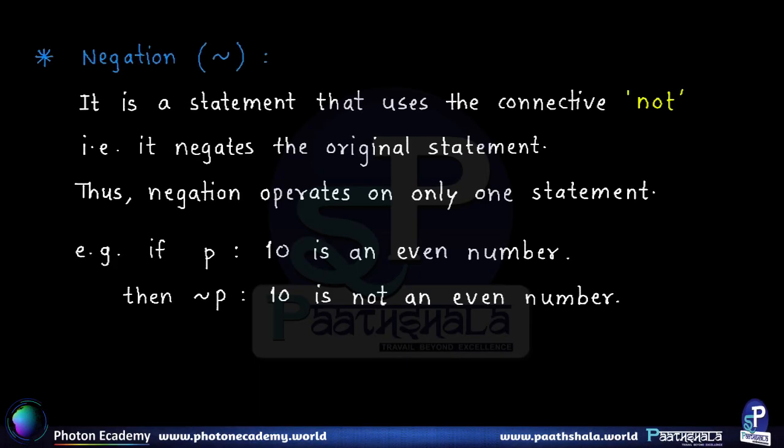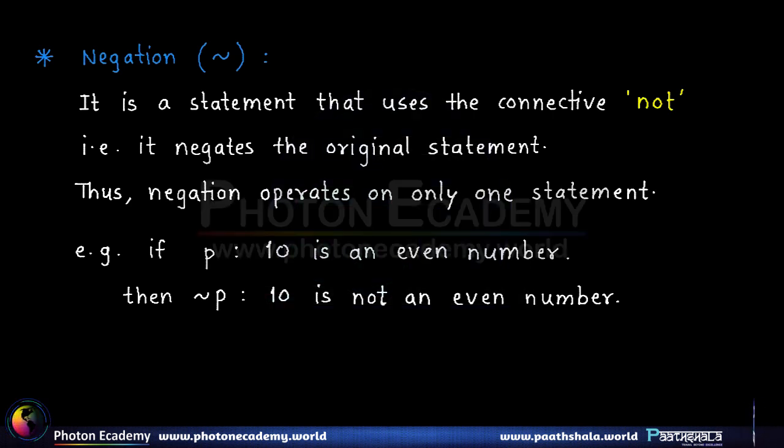Now let us learn the next connective, what is called negation, and denoted by this particular symbol. Negation is a statement that uses the connective not, that is, it negates the original statement. So thus negation operates only on one statement. This is unlike conjunction or disjunction, which operated on two individual statements, but here negation needs just one input